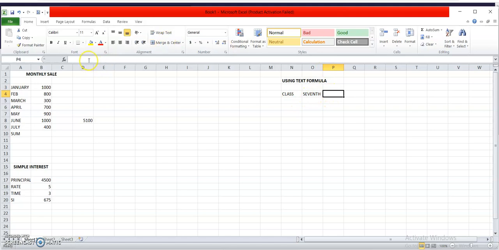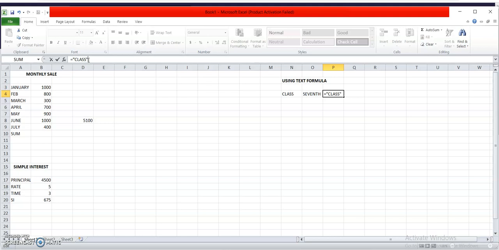Let us see. First of all, we will begin with equals to, then concatenate, then after that we will write down the name that I want to concatenate, class.